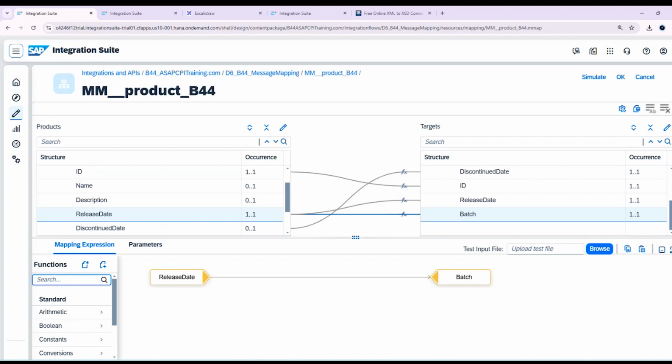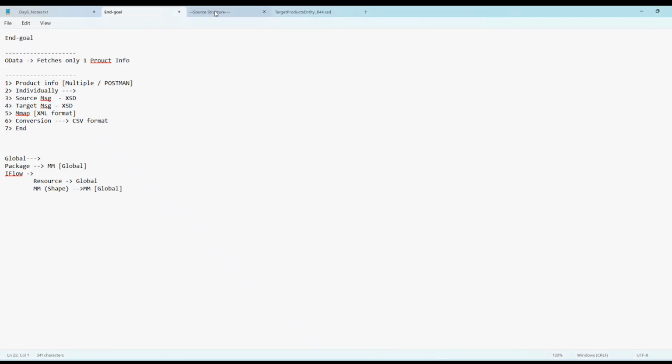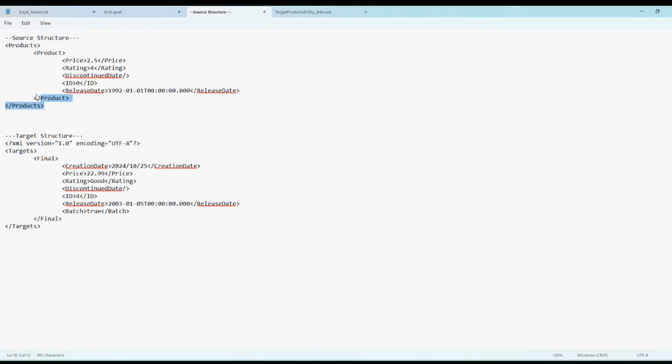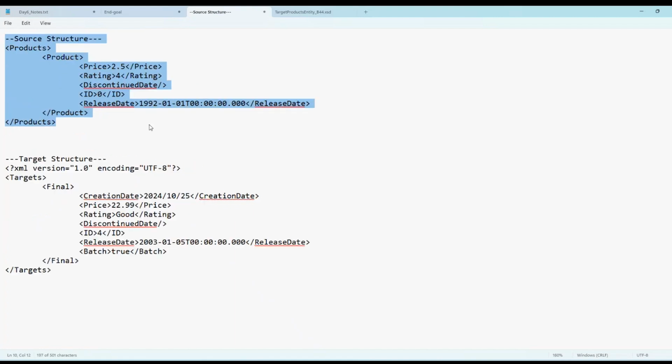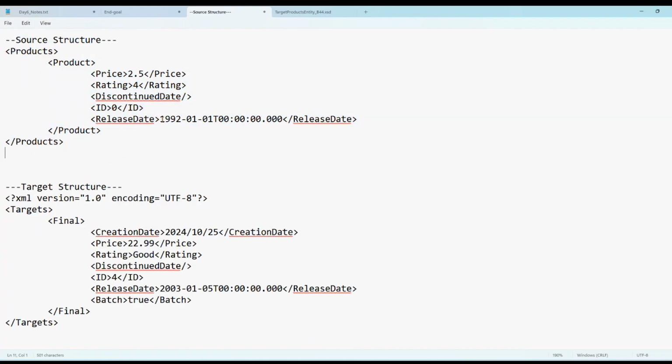For that, we will go back to our initial source payload. So this is the source payload which we have got. What is the release date you are receiving here? The release date you are receiving in YYMMDD or YYDDMM format. The year is coming at the start. So now what I want,